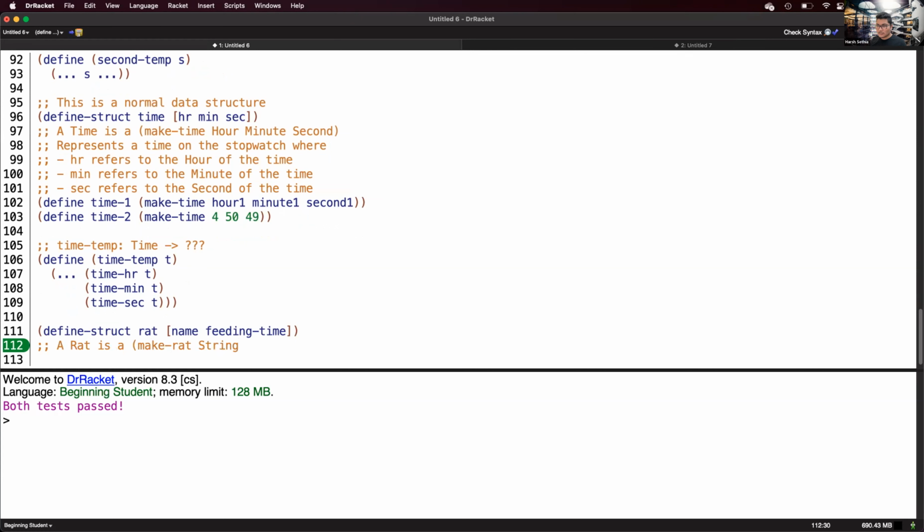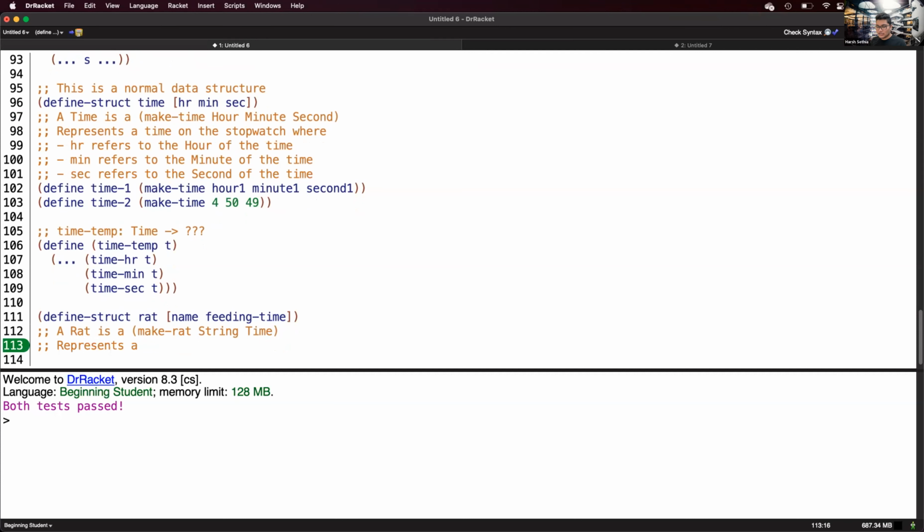Name will just be the string. Feeding time in this case will be a time, right? And the time is essentially this specific structure, which has an hour, minute, and second. Then the interpretation will be like: represents a rat with a name and feeding time,